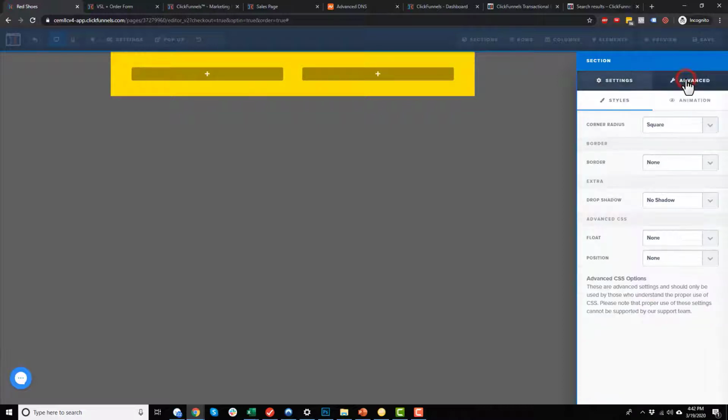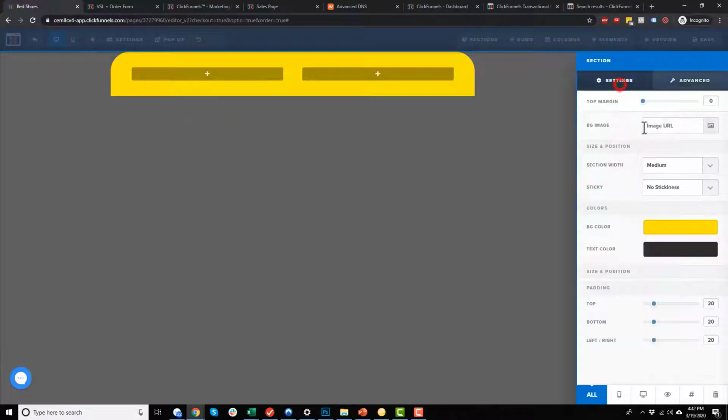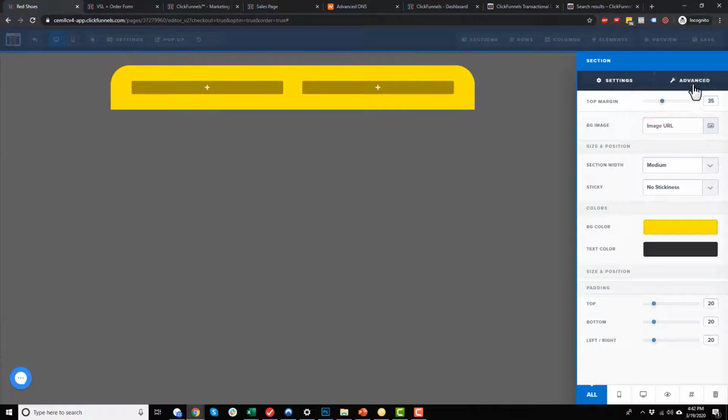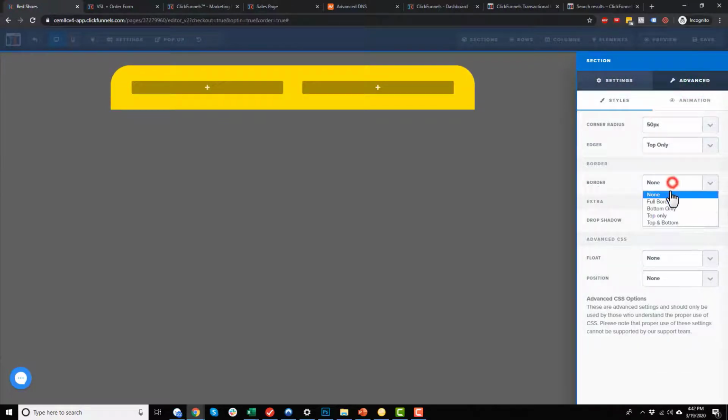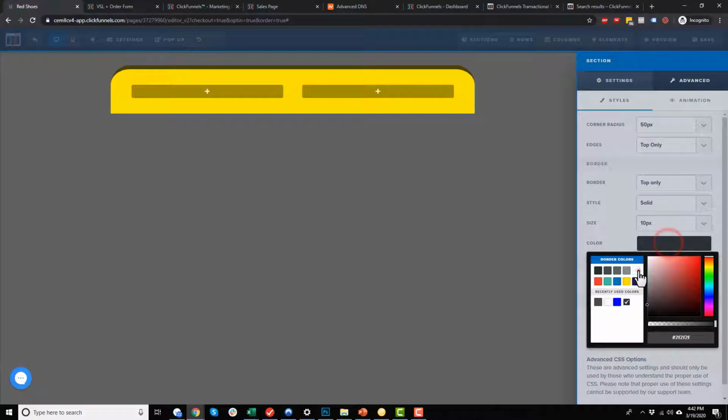All right, moving over, we have the advanced tab, and so some more options here. We could make our radius a little bit rounder. We could pick where we want to apply the edges. Let me go ahead and add some margin now, so we got some distance, and we could go ahead and add a border if we want to, or we could do a top only border, solid, size 10 pixels, color, we'll go with white,